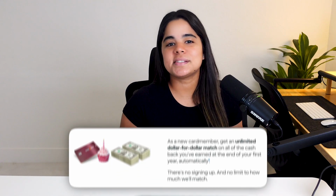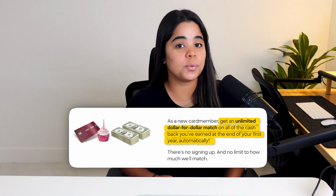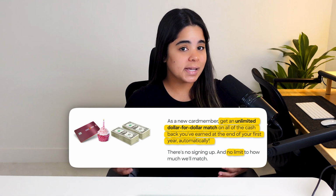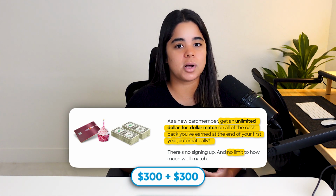worth it. Starting with its sign-up bonus, Discover will match all the cashback you earn in your first year without minimums or limits. For example, if you earn $300 in cash back, they'll give you another $300 on top of